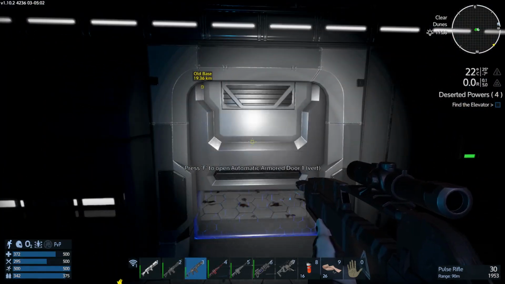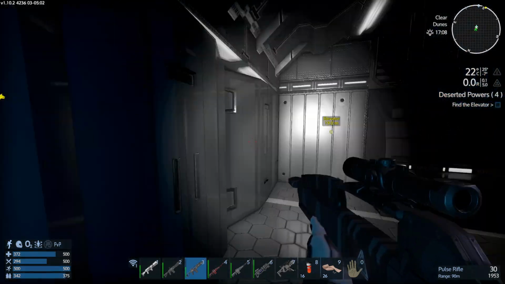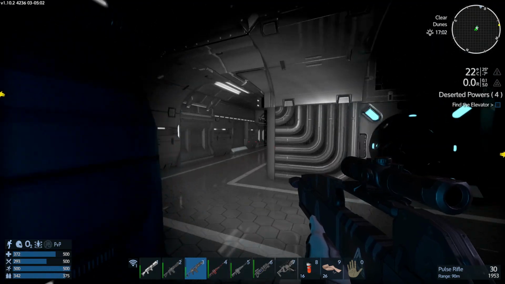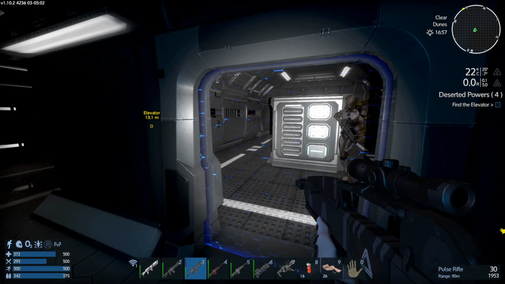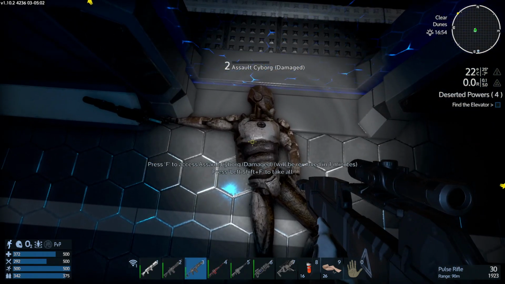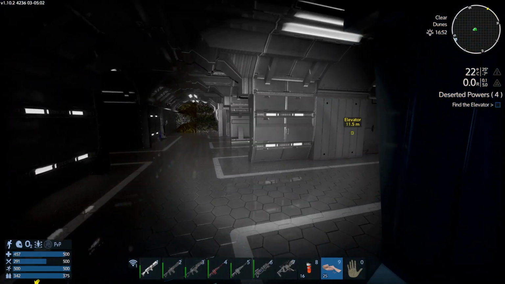Oh, I dealt with all these guys. Where are you? I've got to kill him. Where are you? Is he up here? That full clip at point blank range. Now the elevator